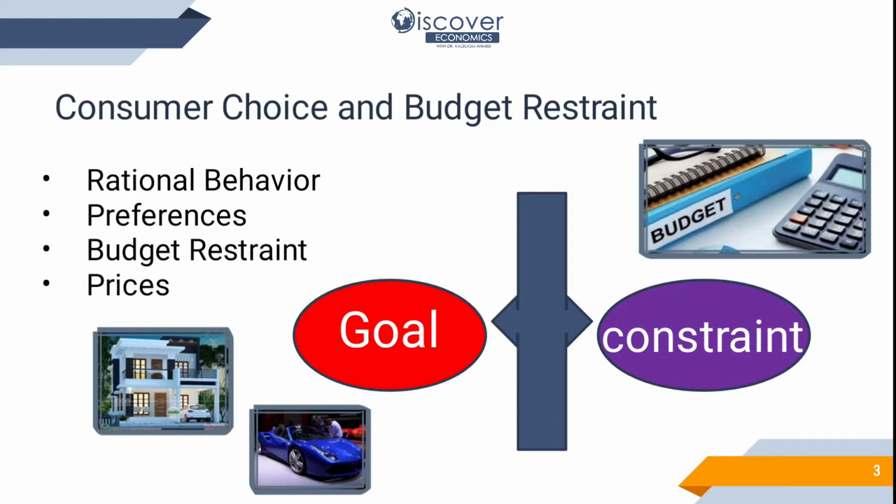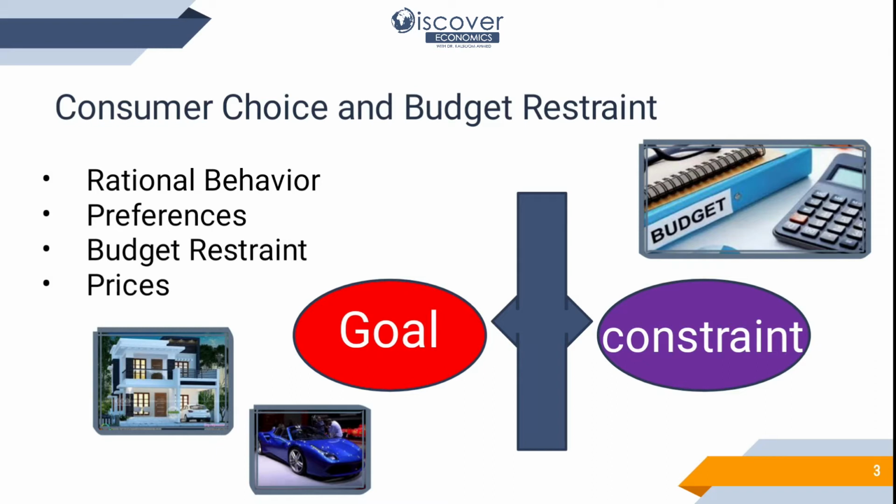For example, if a drug addict wants to use more drugs, it means that the person feels he will get more utility out of drugs rather than having pizza or a burger and so on. It means his behavior of using drugs is not rational. That is irrational behavior. In the same way, we need to consider our preferences, to which thing we are giving more value. Giving more value means this thing gives us more utility.